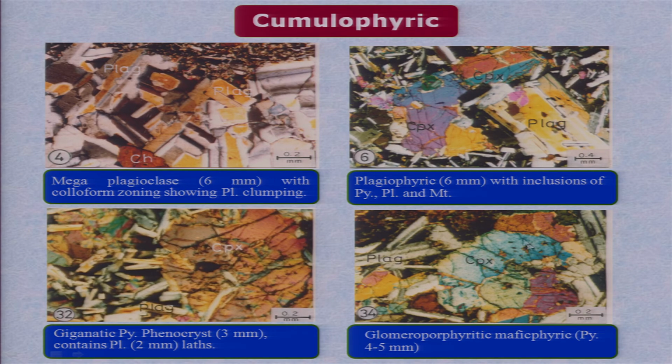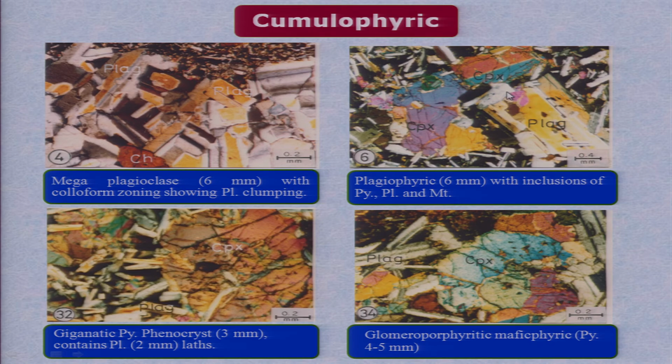See another slide of a basalt. See, in one rock you may find different types of texture depending upon the different type of petrogenetic history. Plagiophyric texture, here see the phenocryst is of plagioclase. Here I see the pointer, this is a plagioclase crystal. This plagioclase crystal size is 6 millimeter, which is quite big, with inclusions of pyroxene, plagioclase and magnetite. This plagioclase shows inclusions of pyroxene. This pyroxene crystal shows high order, second to third order colors.